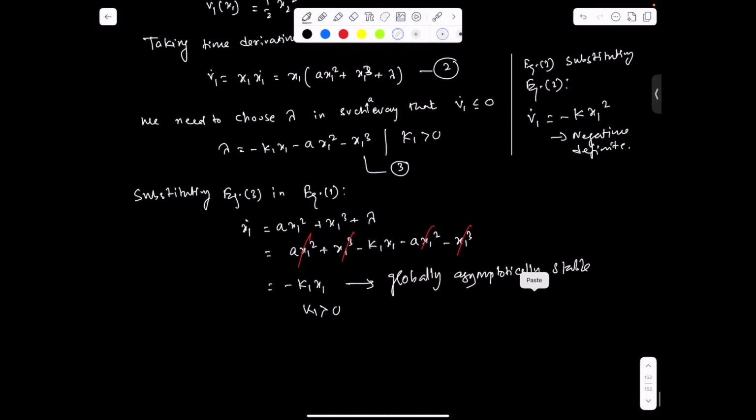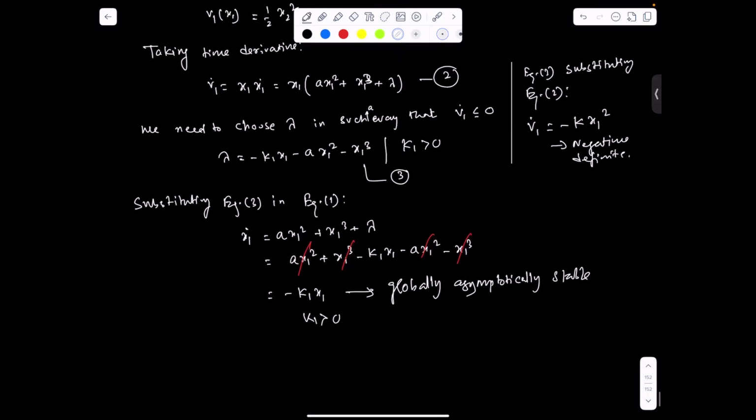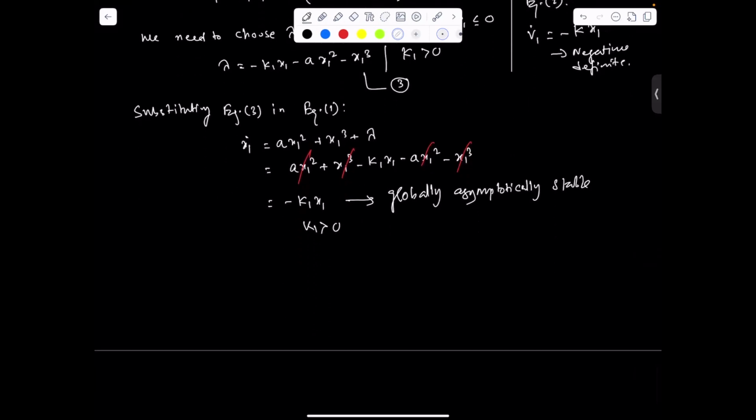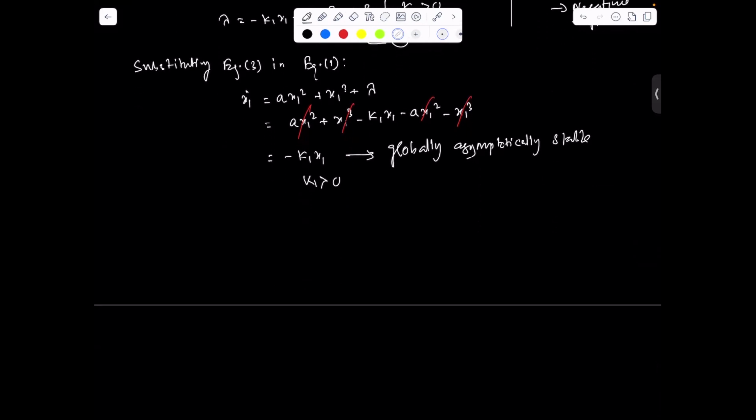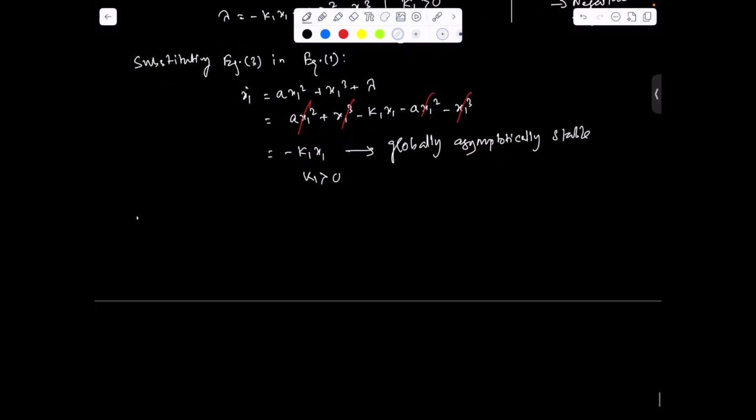The steps we are following now, you can follow the same steps for designing control for a nonlinear system. In case you are designing the control for an aircraft or any other dynamical system, you can follow the same steps to design the control. So now we'll introduce the second error between x2 and lambda, the process we followed in the previous example. Now we introduce the error between x2 and lambda.